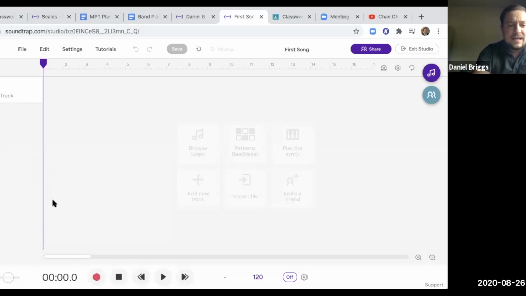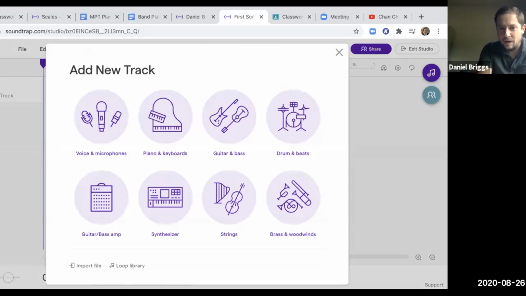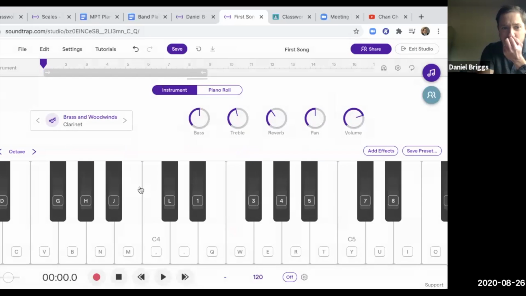So in any case, tracks here are where you're going to add your individual playing. So let's say we want to record in. I'm going to go up here. I'm going to click Add New Track. It's going to prompt me for what I do. And I'm like, oh, well, I played trumpet. So let me go in here. I click brass movements and it's set up as a clarinet. Now, what you need to see and notice is